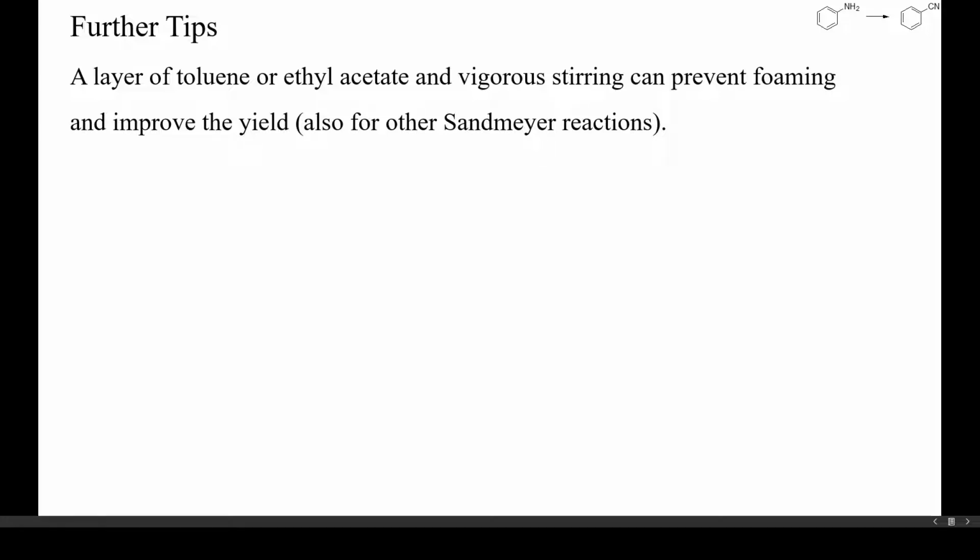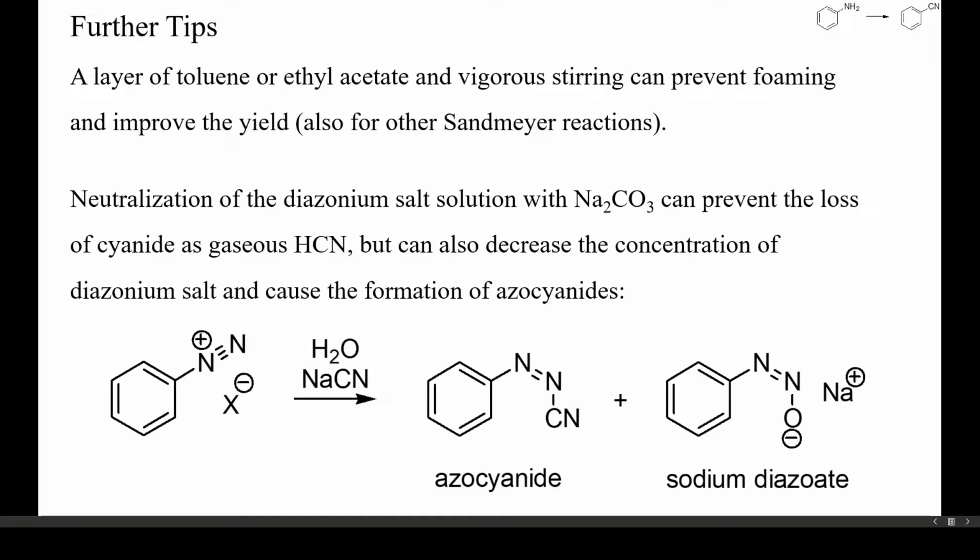I've had this problem a number of times, in Sandmeyer iodinations and during the preparation of phenols from anilines. There is an older JACS paper which recommends the neutralization of diazonium solutions prior to cyanation, in order to avoid the formation of gaseous hydrogen cyanide. This is, however, problematic because a higher pH can readily cause the formation of unreactive diazoates. Under basic conditions, ionic cyanide will also add to the diazonium group to yield stable azocyanides.